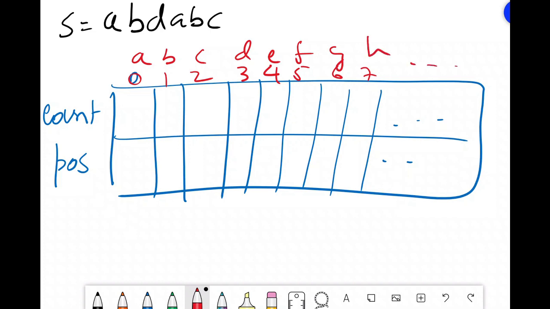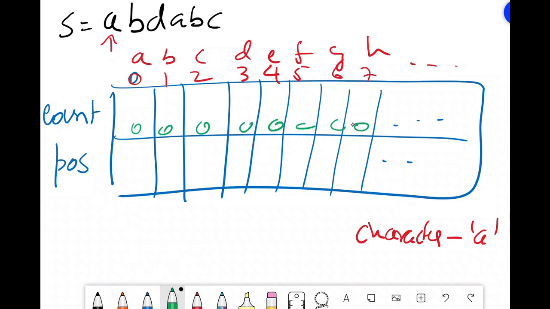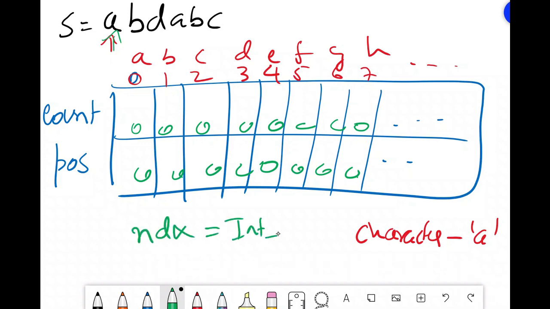How we can obtain this is by taking each character in the string minus A. This will give 0 for A, 1 for B, 2 for C, something like that. This array will be initially 0. When I go to A here, I'll also have the index or result which is initialized to int max. So I go to A here, the count is 0, right? So I'll increment this to 1, and I'll also put the index here. It's already 0, so it will be 0.